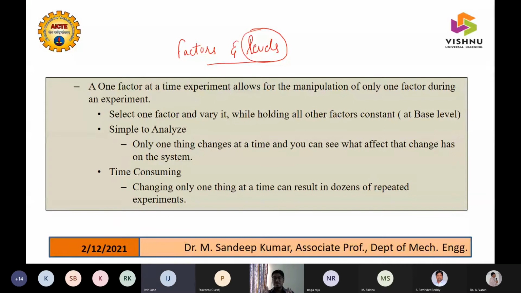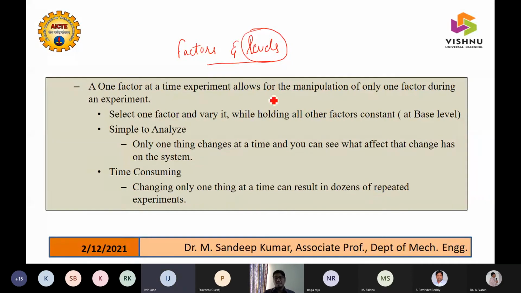At the same time, in winters, you know how drastically the temperature falls at night. I used to heat the fluid and the temperature would fall immediately, before I could measure it. So in winters I used to do it in the afternoons. That is a small briefing story. That's why we need to know the factors and levels at which we are experimenting. So with this, let us start with one factor at a time.